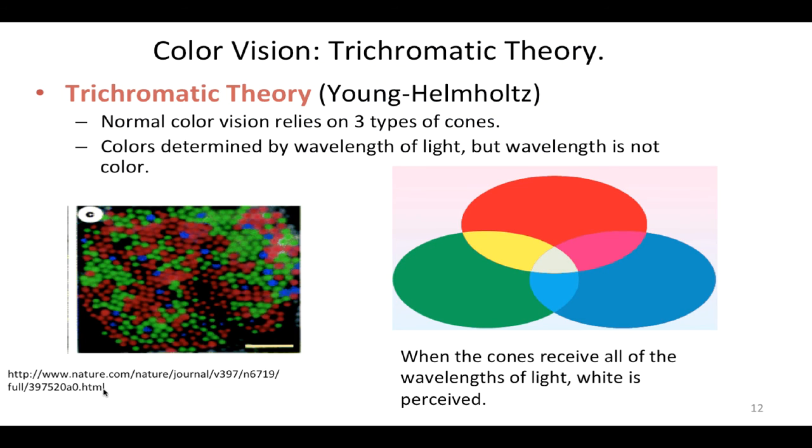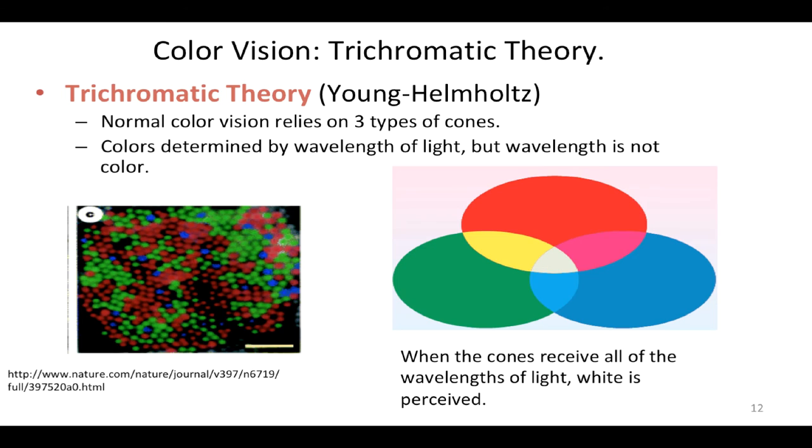So normal color vision relies on our visual system having the ability to detect and distinguish between these three different wavelengths, the short, medium, and long wavelengths. And this was determined actually a long time ago, before researchers had the ability to look in the retina and find these receptors for short, medium, and long wavelengths of light. And so trichromatic theory, also known as Young-Helmholtz theory, was figured out just using observations of humans and their perceptions